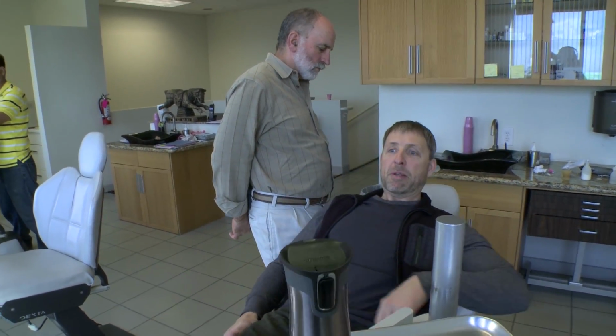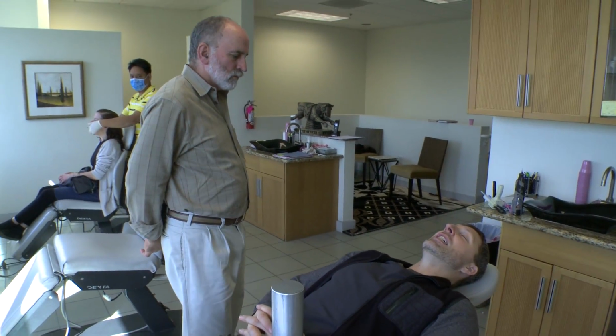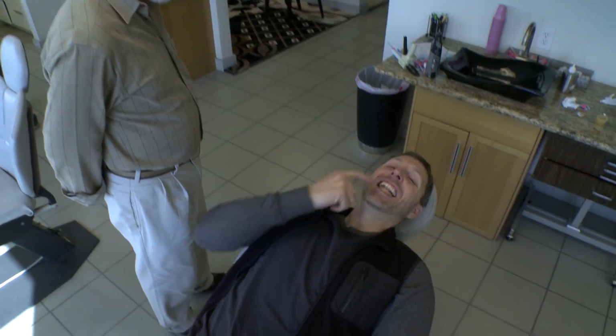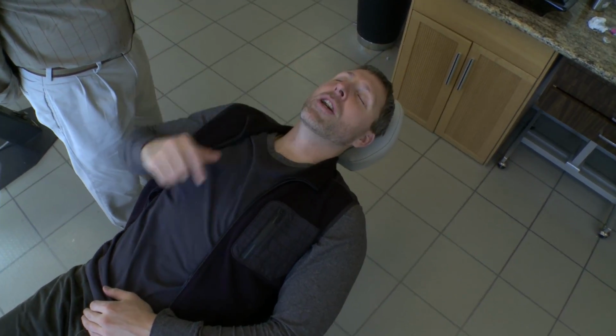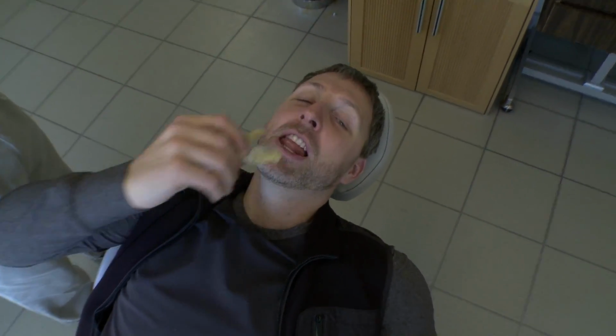So when I go to sleep, and I do sleep on my back sometimes, especially if I've got headphones in with sounds on it, when I lay back, even if my jaw falls open like this, the metal thing catches on my top teeth. So even if I don't allow my jaw to do this, see how it falls back? We don't want that to happen, so I do this. If I do clench, I'm not going to be wearing my teeth down. And even if I just totally relax, like